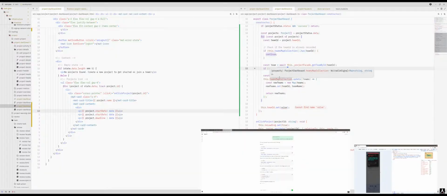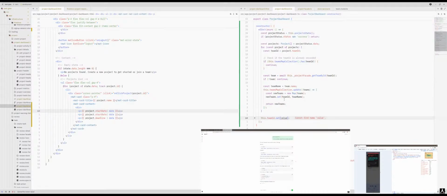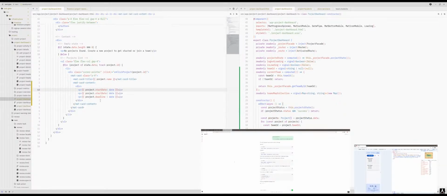And then if it has the data, we will get the team name, and then we will update the collection so that we have the old data, as well as add this new team ID and the team name there, which we will then, we don't need this anymore here at the bottom, which we will then read from this here for our